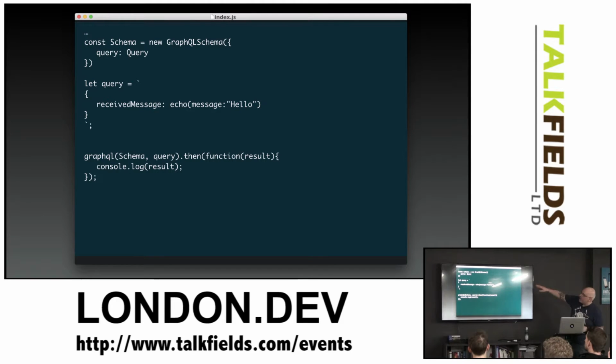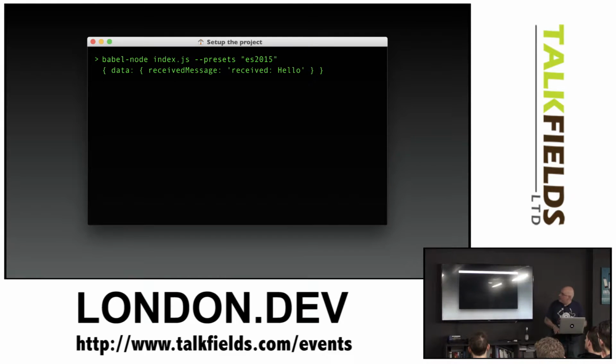So once we've defined that, we can define a query, right? So the query will return a structure with a received message, right? And call echo, passing a message called hello, right? So that's a string query you can see in there, right? Now I can pass it to GraphQL that asks for the schema, saying go and ask the schema, pass a query, and then when you've finally done it, output that out. So if I now run it, you'll get, here's the data, the received message said hello. Okay, so it went to the resolver, I passed some data to it, it resolved it, and it came back.